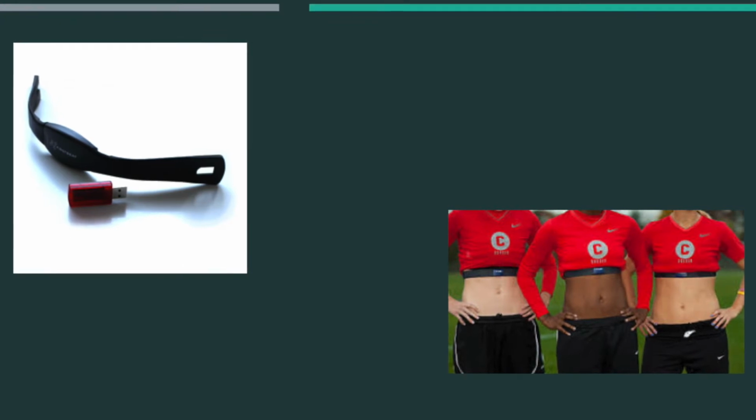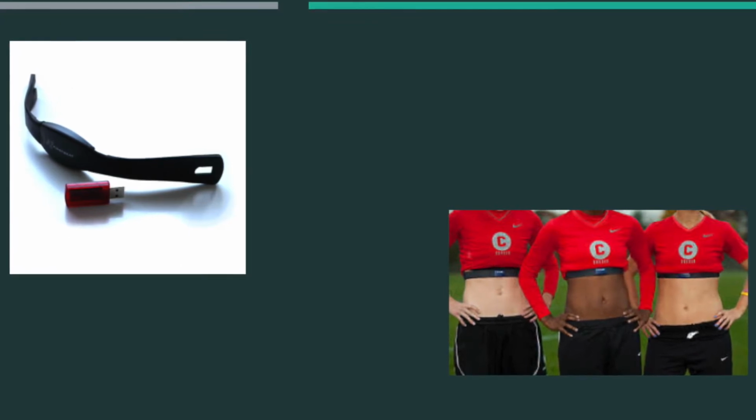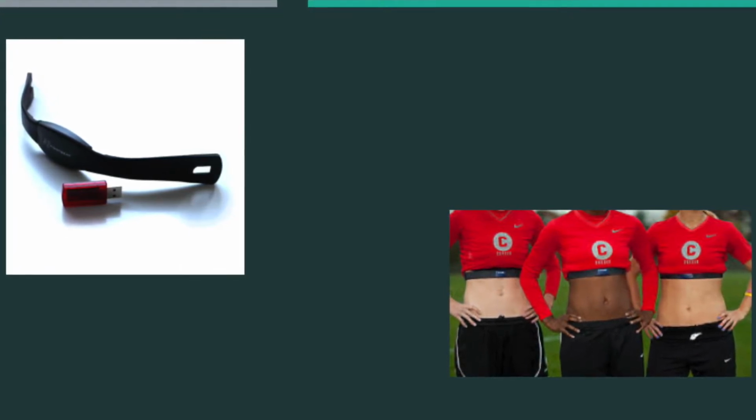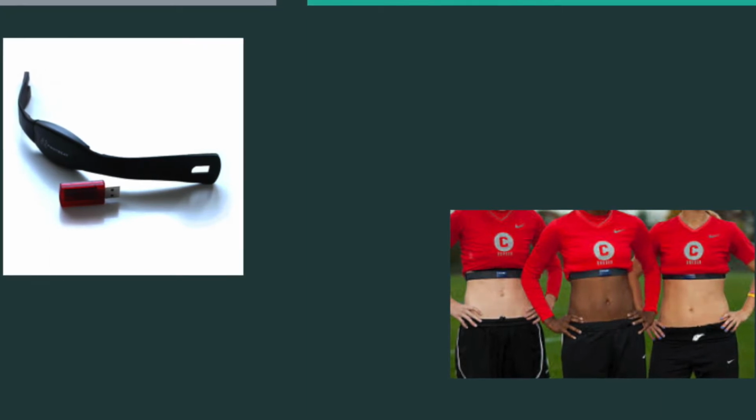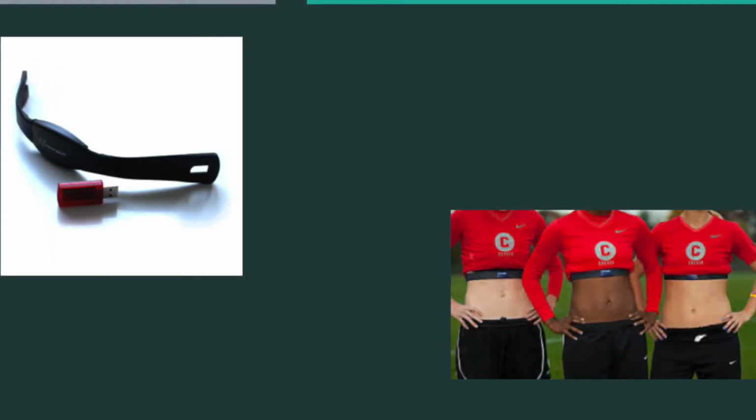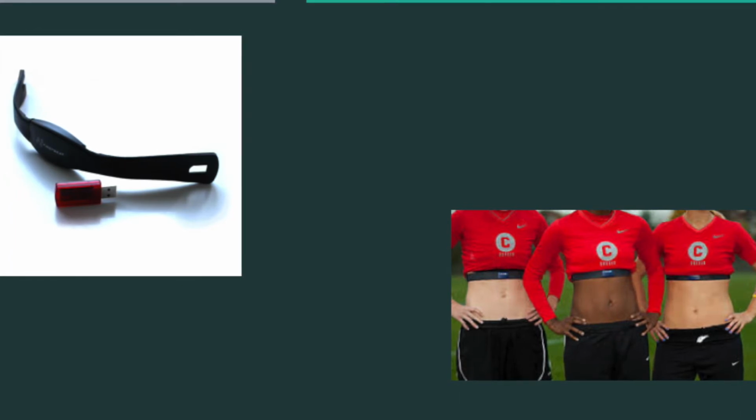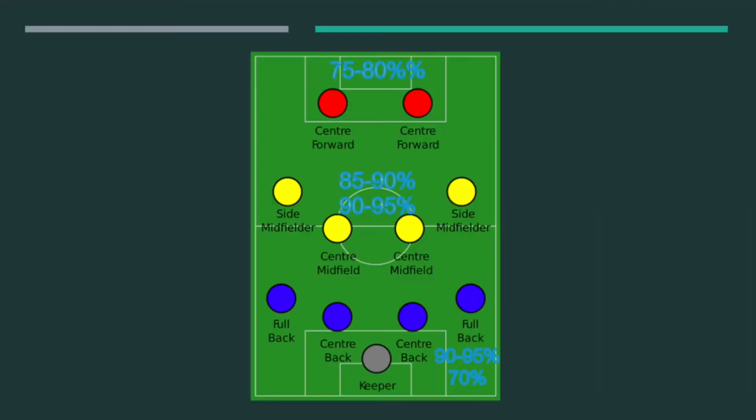So the reason that I chose this topic was because Longwood's women's soccer team uses First Beat heart rate monitors, and I wanted to explore the different types of injuries and what would happen using the information from these heart rate monitors. So if we look at the physiological demands per position,